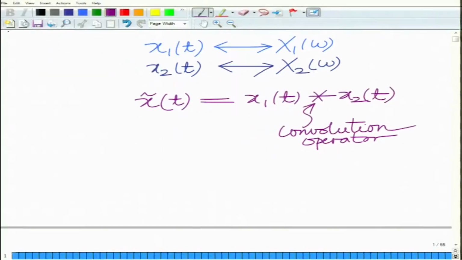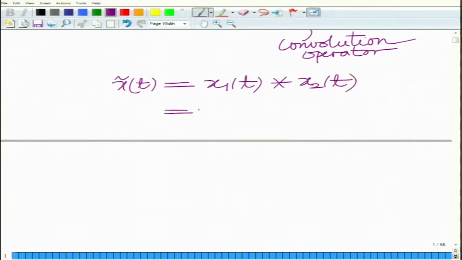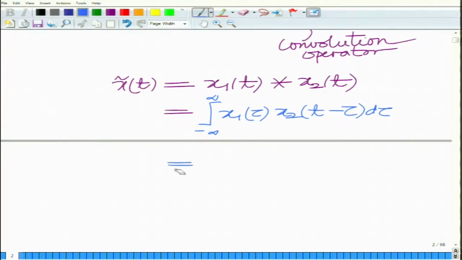And this can be shown as follows. You have x tilde t equals the convolution of x1 t with x2 t, which I can write as the integral from minus infinity to infinity of x1 tau x2 t minus tau d tau, and therefore the Fourier transform of this, x tilde omega, will be the integral from minus infinity to infinity